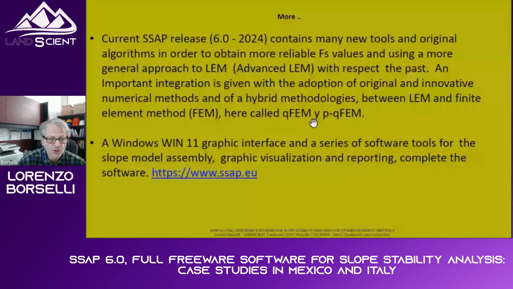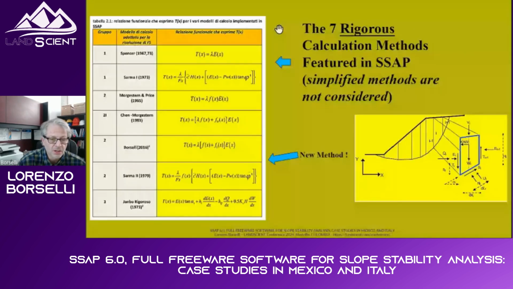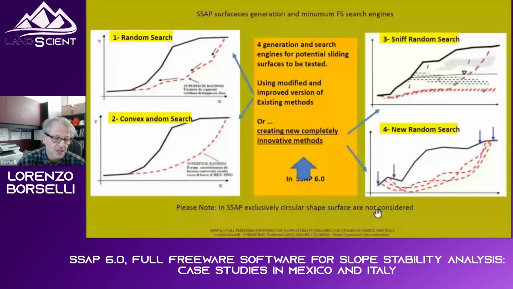SSAP doesn't use the simplified limit equilibrium method, but only the rigorous method. And one of the most important things is that SSAP doesn't generate exclusively circular-shaped surfaces, which are not considered in any case, but surfaces can be generated because we use several